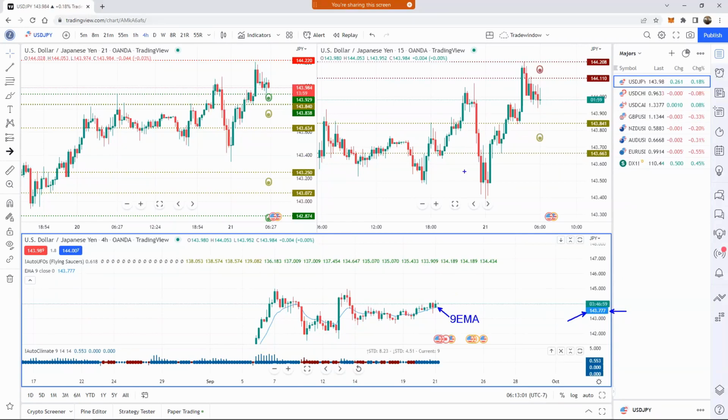And what we want to know now is, do we have an ally UFO to our climate? Our climate is blue. That means we're looking for long. Do we have a green UFO where that